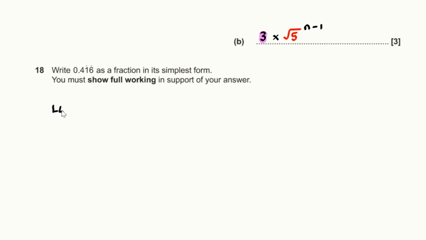Well, what we will do is we begin by letting x equal 0.416161616, etc. And because we've got two digits repeating, we can say 100x is equal to, well, if I multiply this by 100, I get